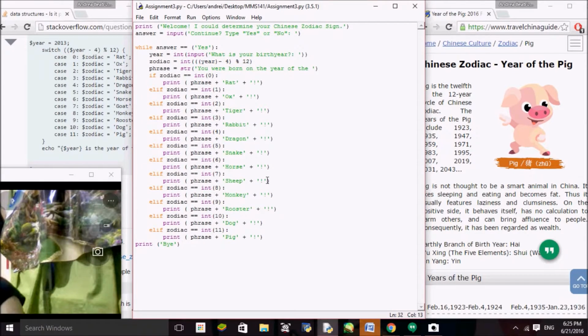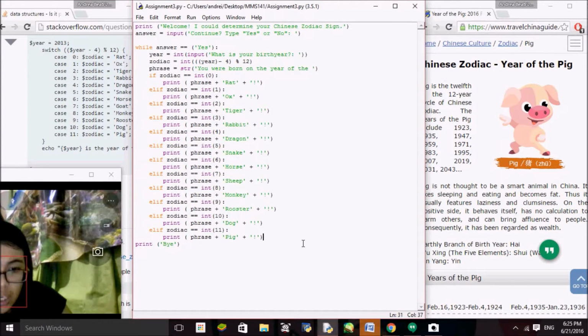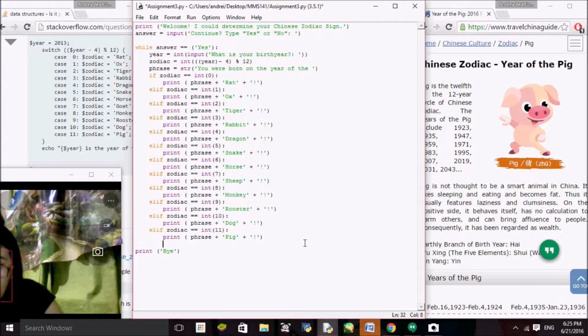So what I did is to create another answer. To change the value of answer, I created a new one here. So answer is equals to input, do it again,